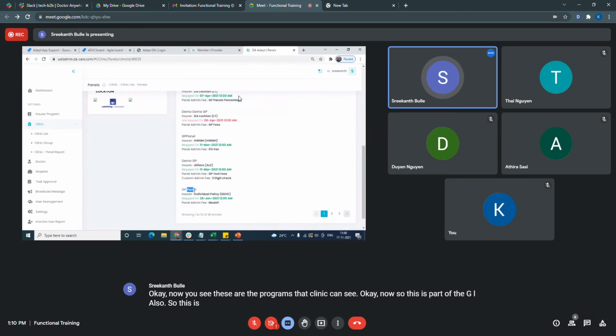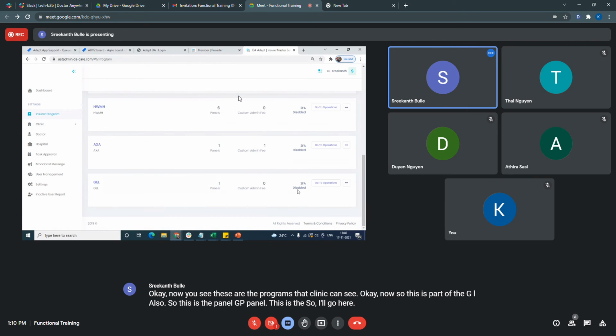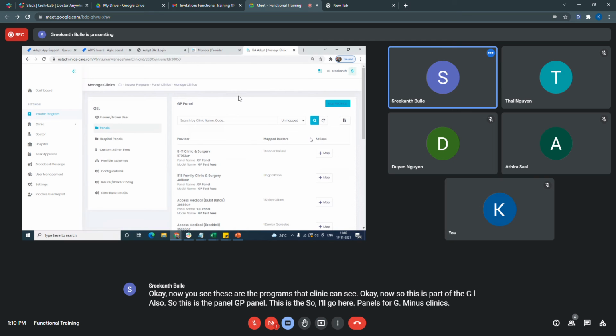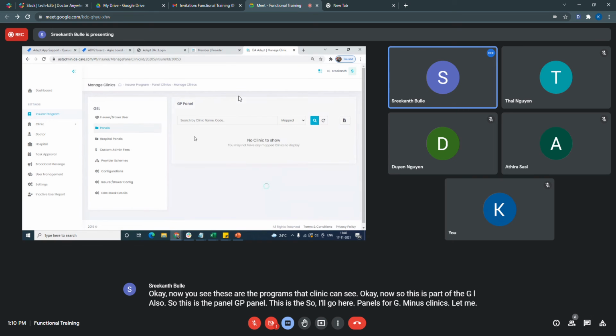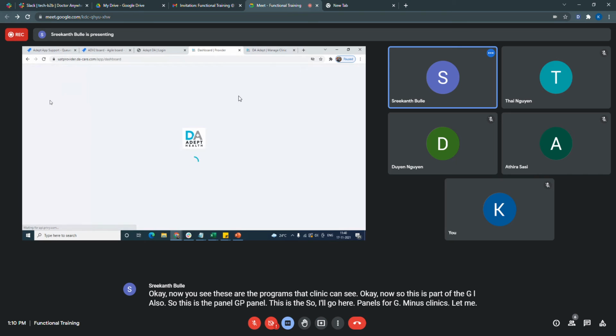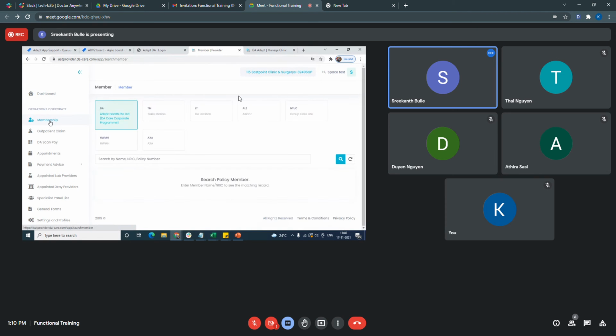So this is the GP panel. I'll go here, panels for GL, manage clinics, mapped. So let me unmap this one from GL. Now you see the GL is gone. There is no GL here.